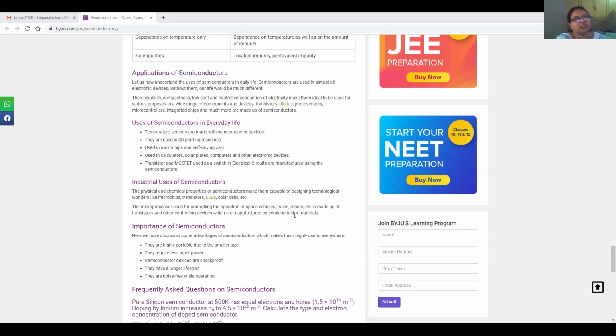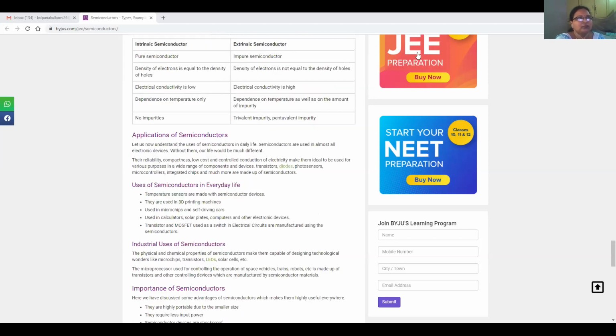So we have this importance of semiconductors because they are highly portable due to their smaller size and they require less input power. Then semiconductor devices are shockproof. Then they have a longer lifespan and they are noise free while operating. So because of these applications and importances, semiconductors are used. Okay. Now we'll go for another topic,